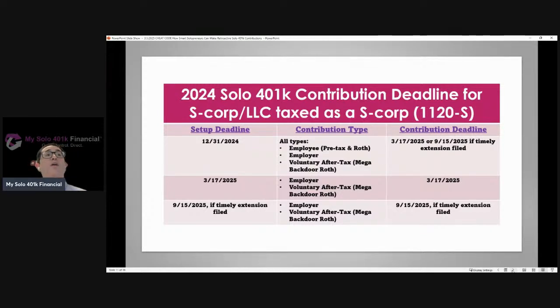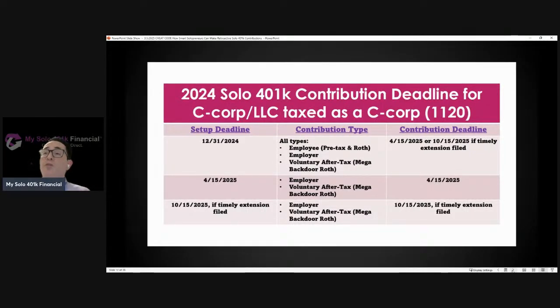Now, for those self-employed individuals who operate their business as a partnership, an S Corp, or a C Corp, in other words, they don't operate their business as a sole proprietorship, and they didn't sign up with us before the end of last year, and they otherwise didn't have a plan set up somewhere else, like a basic plan at a discount brokerage that had been set up on or before December 31st of last year, then it's too late to make employee contributions for 2024, but they could still make employer contributions and or voluntary after-tax contributions